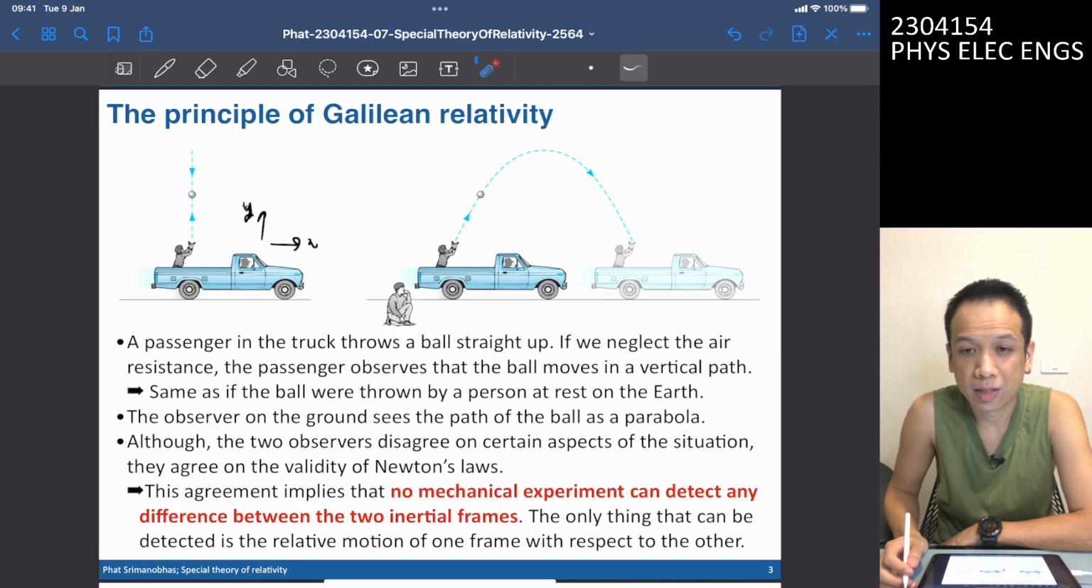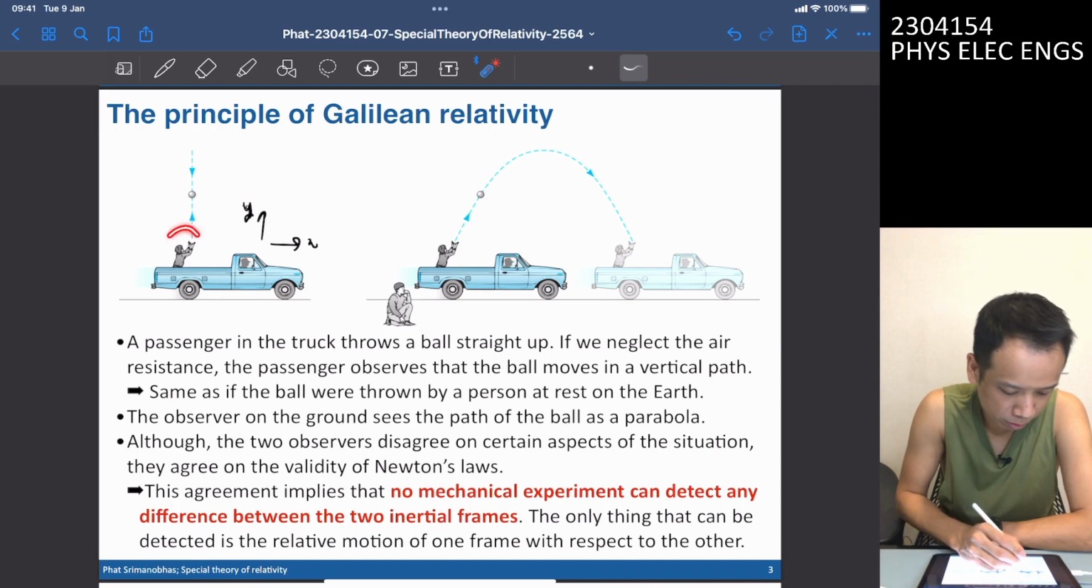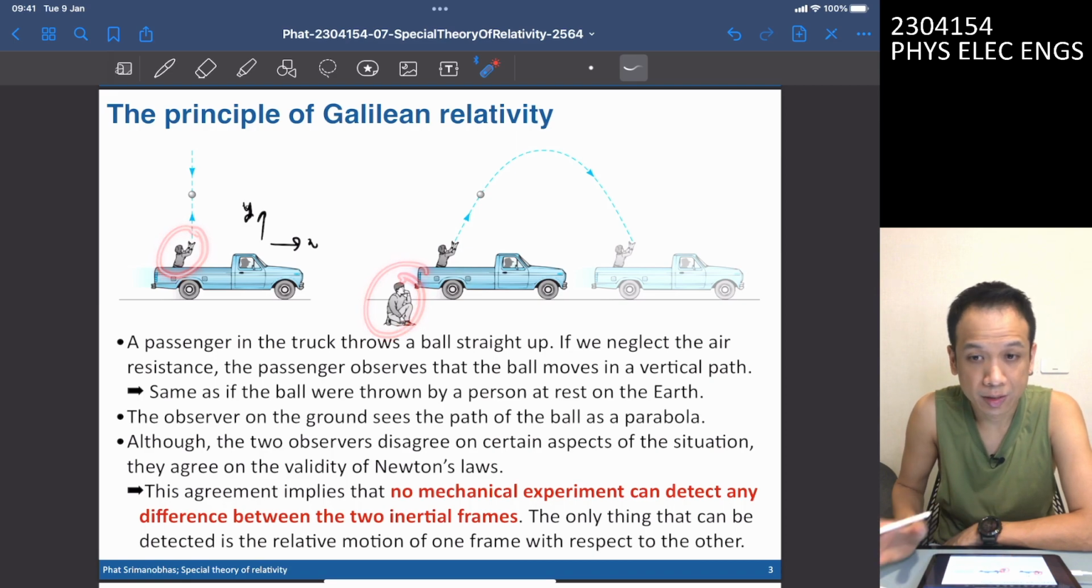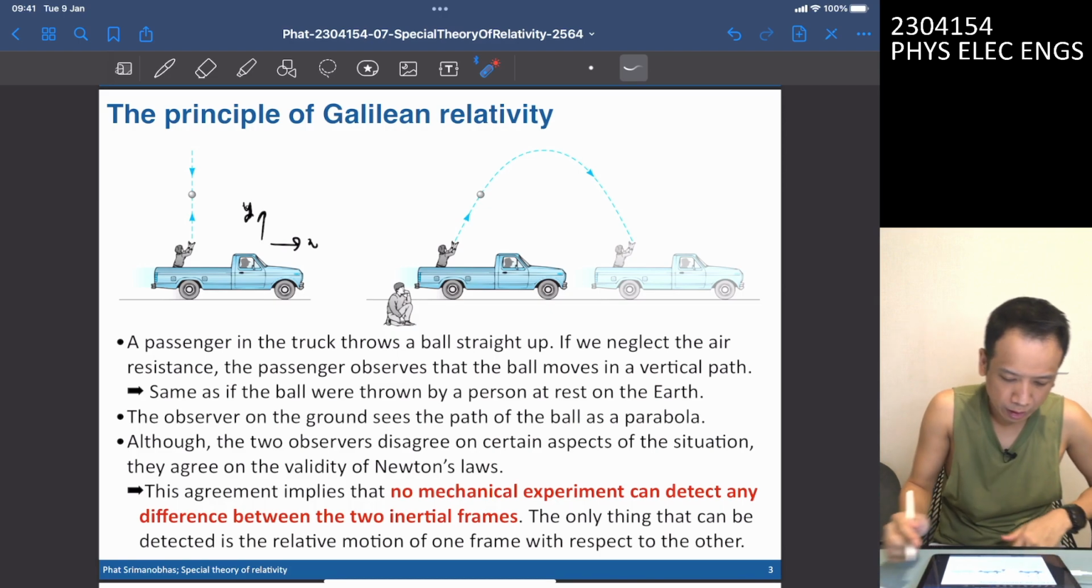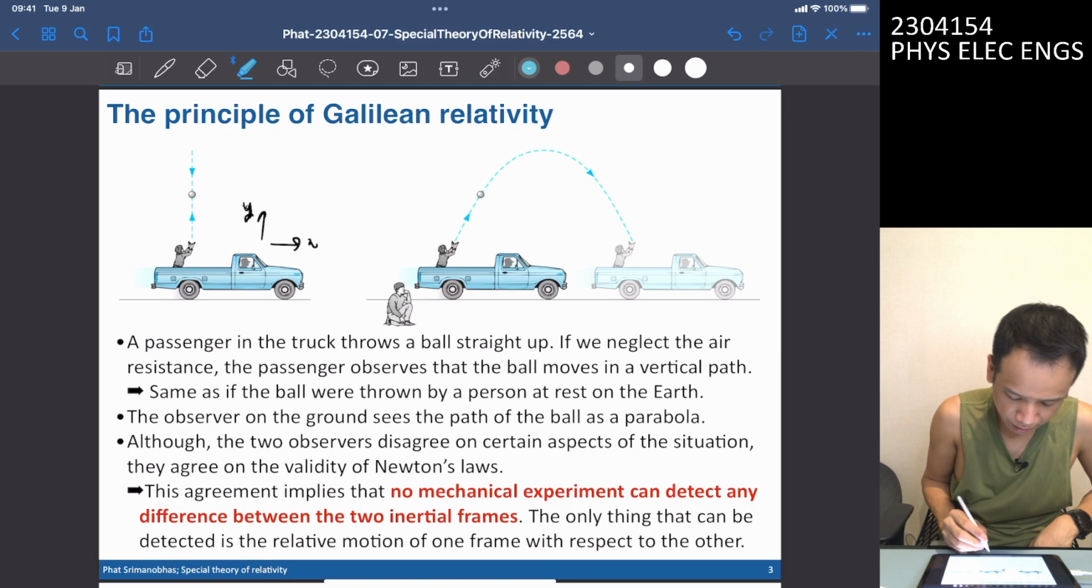The answer is no, both people here and here understand the same law of physics. Both of them need to apply the conditions properly, but they still use Newtonian mechanics. Okay, so that is the principle of that. So this applies to the